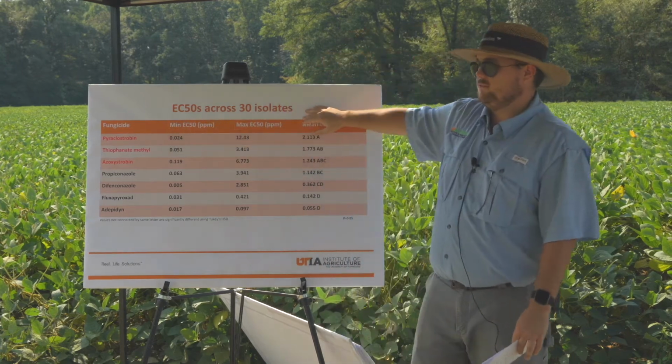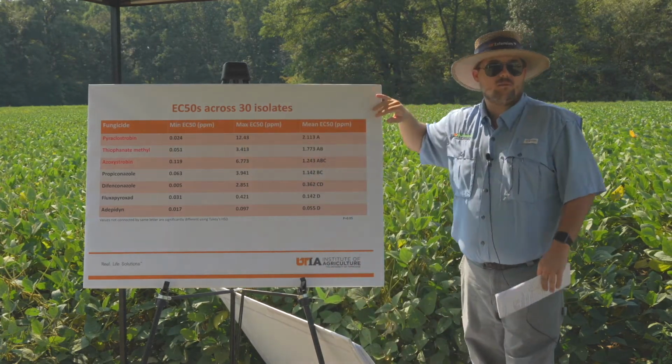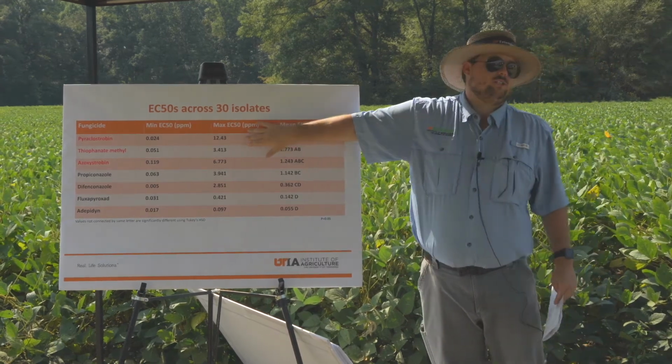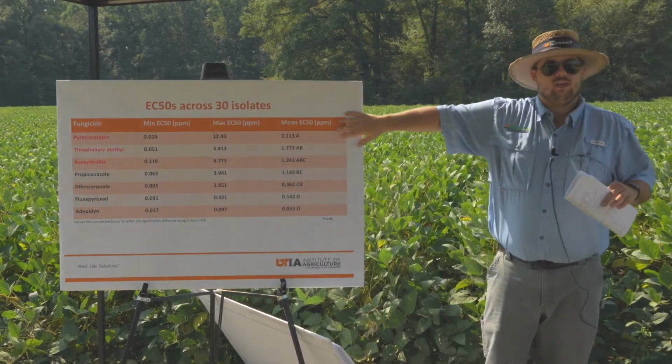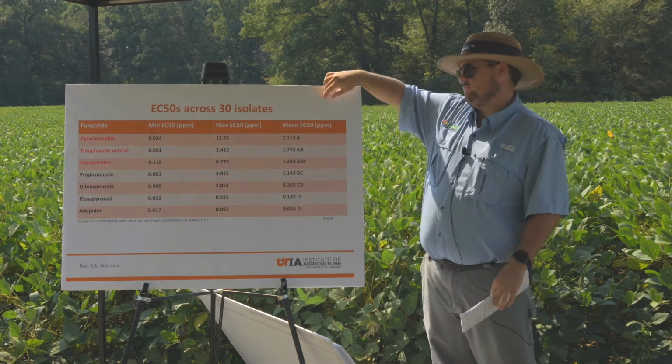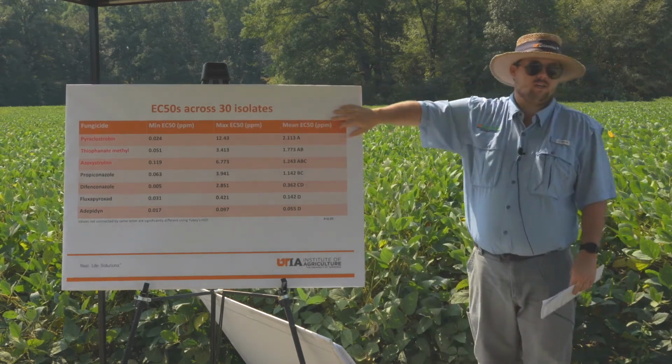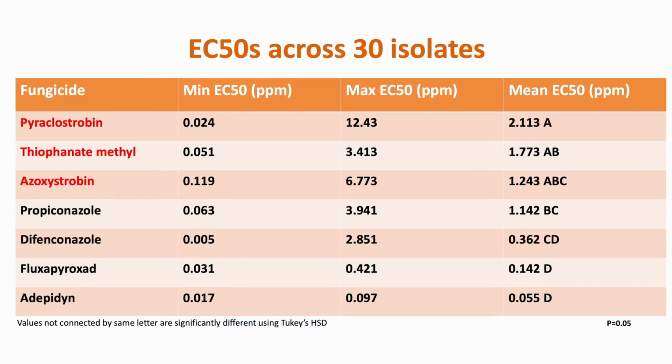And then this EC50 value that you see across the top, essentially all that is the effective concentration in parts per million that it takes to inhibit 50%, or half, the growth of the certain isolate that we looked at. And so we did this with 30 different isolates. And one of the things I wanted to make note of, the ones I have here in red,